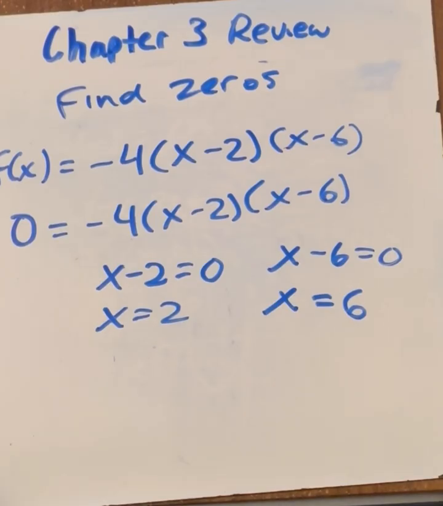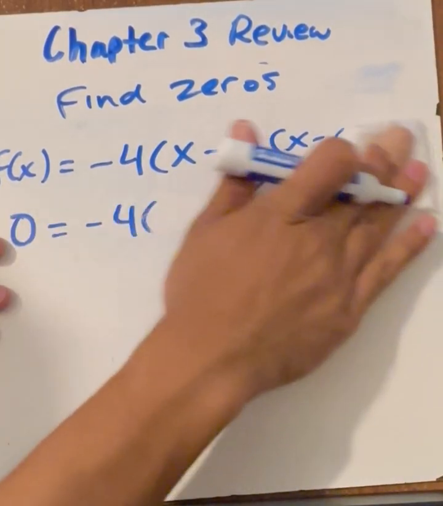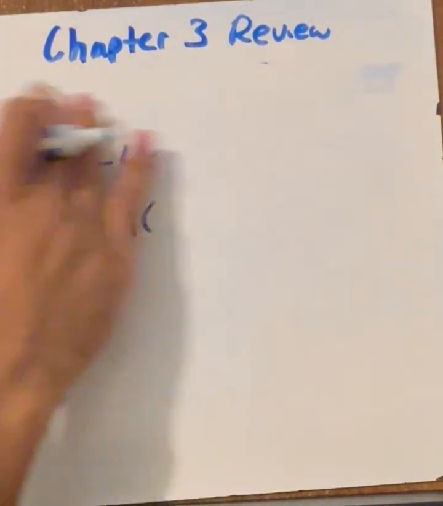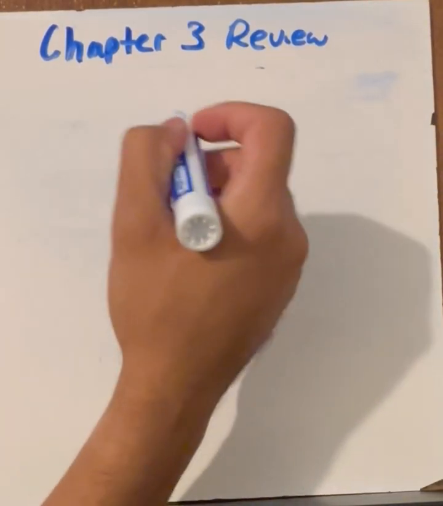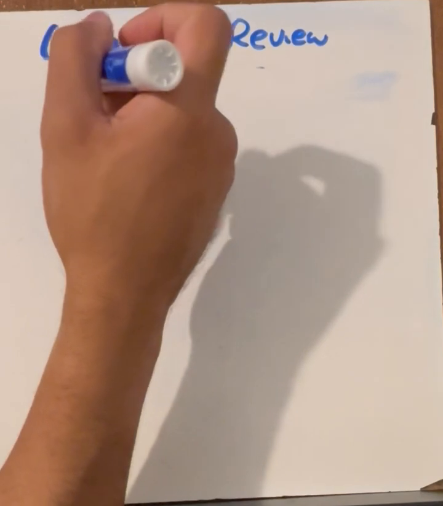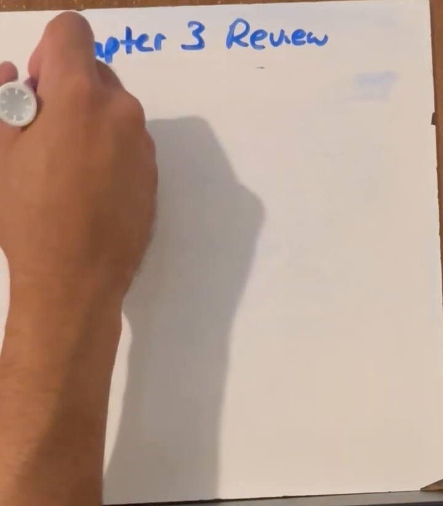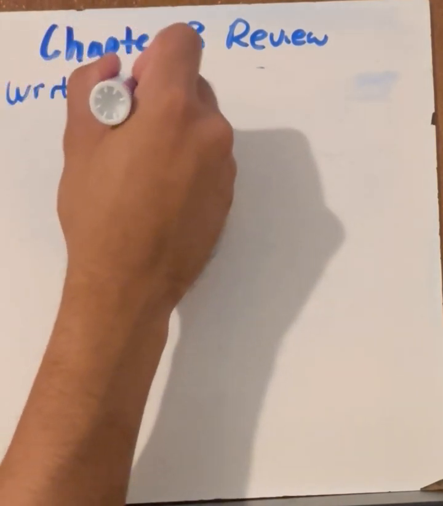All right, let's go and take a look at number 5. Okay. Number 5 says write a quadratic in standard form for the given condition. And a quadratic is just something to the second power, like ax squared plus bx plus c, right? That's a quadratic. And standard form means exponents going from highest to lowest. So if we write a quadratic in standard form